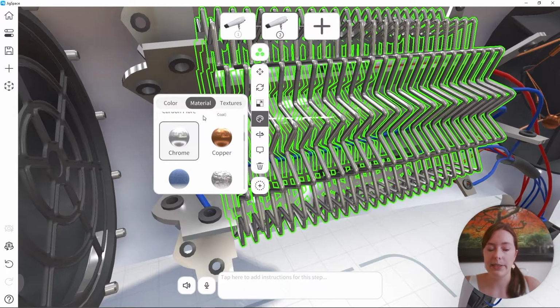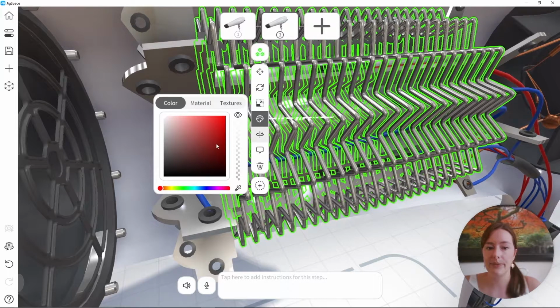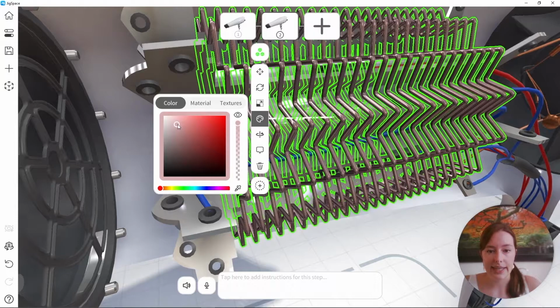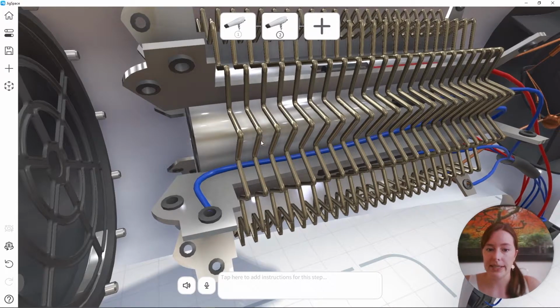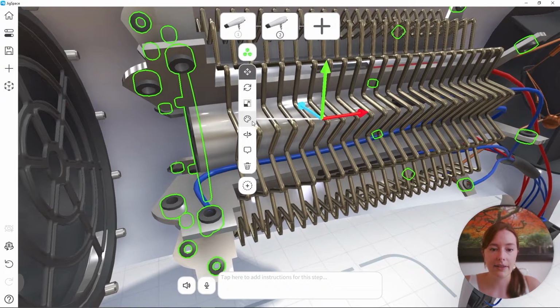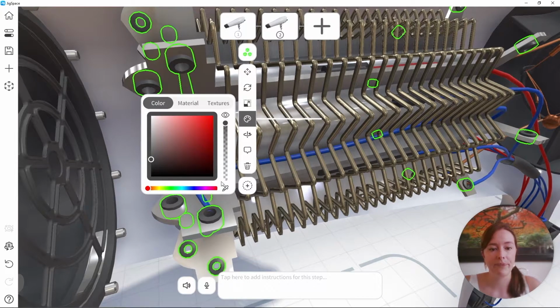Now once I've added a material, something I can also do is change its colour. In this case, I'm going to make this wire a soft rust colour.